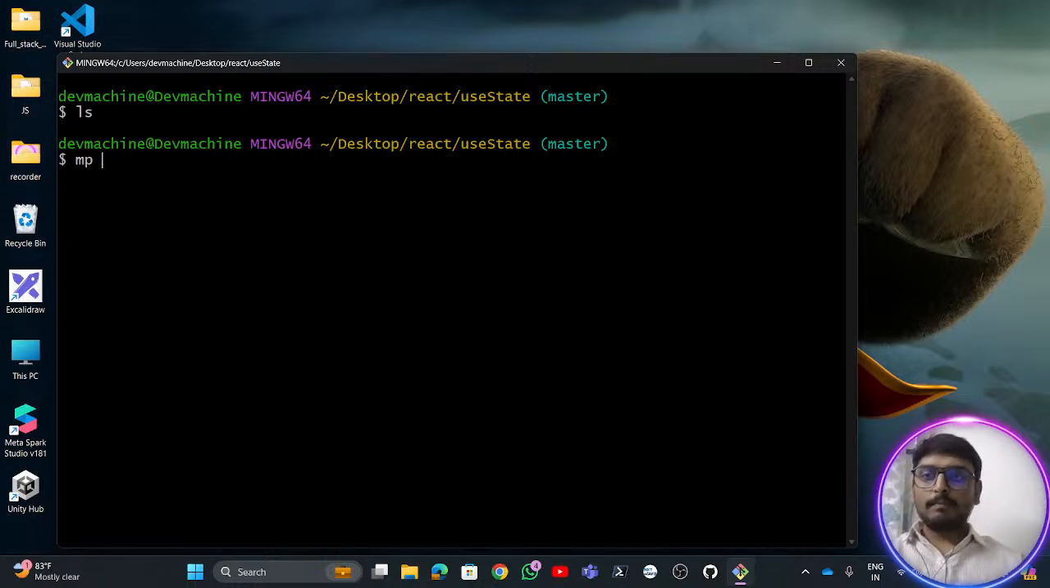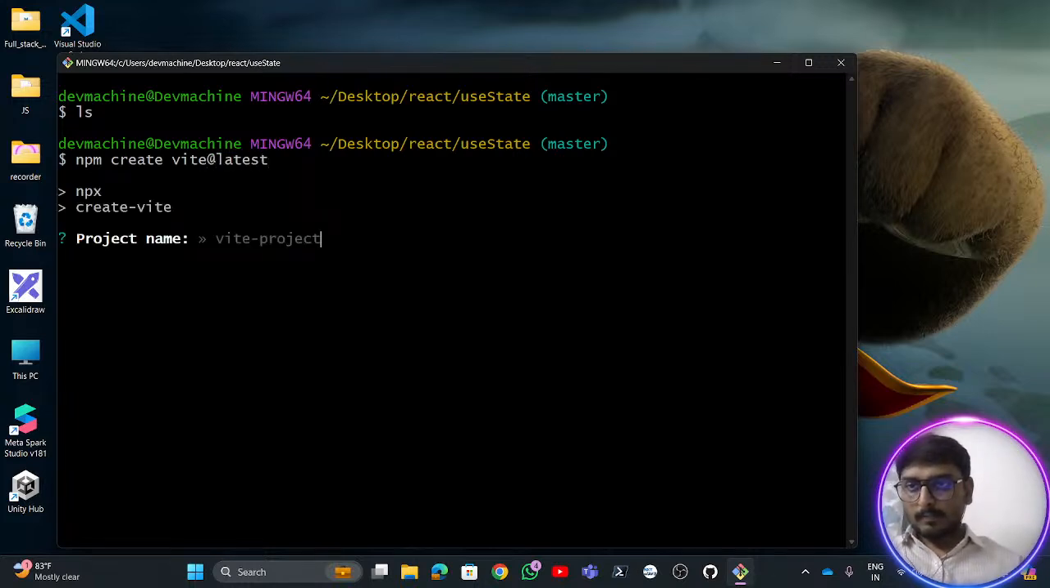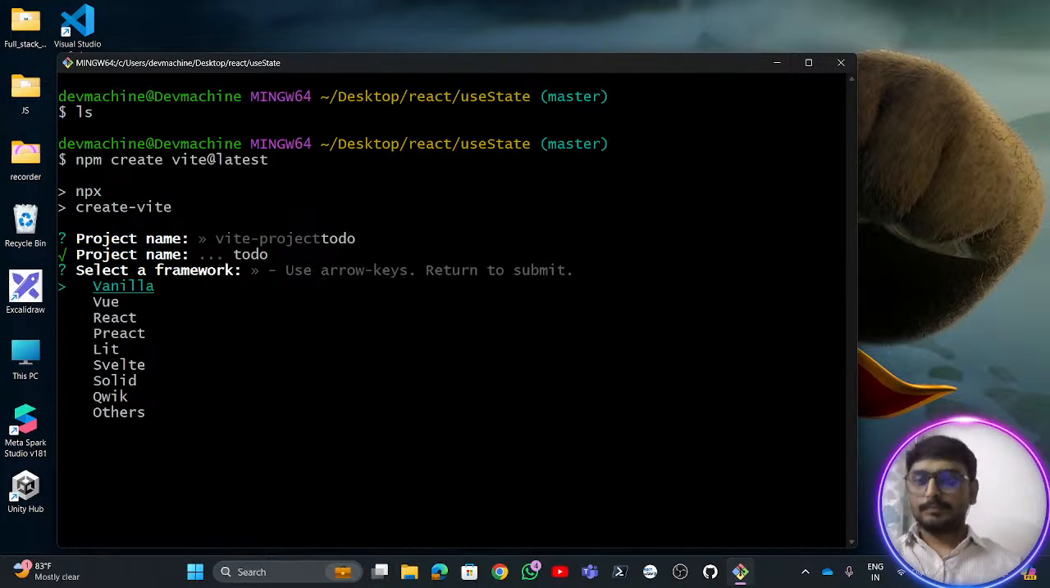where I'll say npm create vite@latest. Run the code. Yeah, it is asking for the project name. So let's say the project name is to-do. Now we have to select our framework. So our framework is actually nothing but,